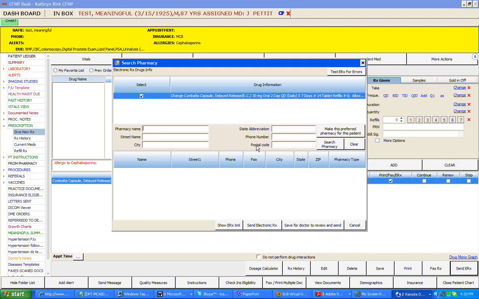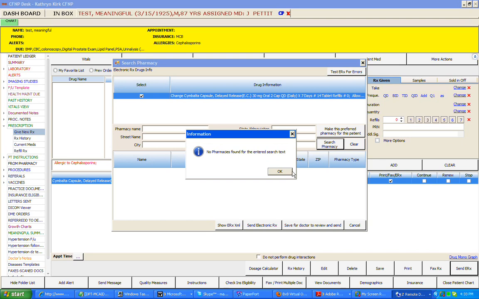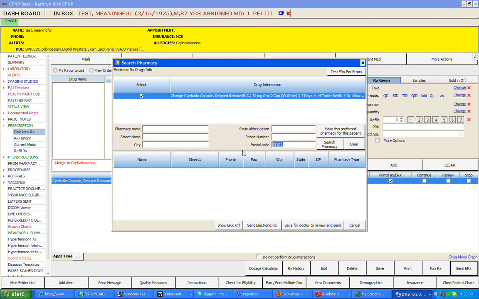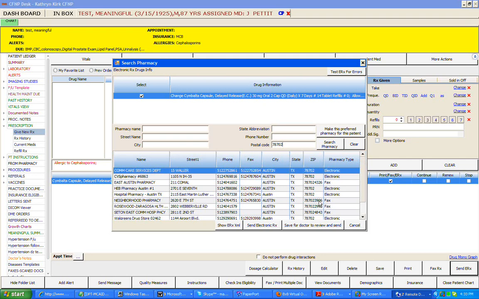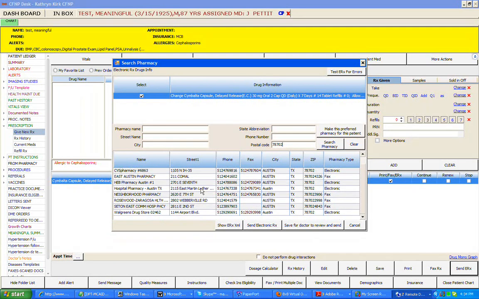Then you would put in your zip code of where you want it to go, and possibly the name of the pharmacy, and then hit search. Sorry, I put in the wrong code. And then it's going to bring up a list of pharmacies within that postal code. You can even narrow it down by using the pharmacy name, the state, phone number, things of that order. Otherwise, you just search it. And so I would want to go to the pharmacy on 7th Street. It's probably the closest one. And so I would then